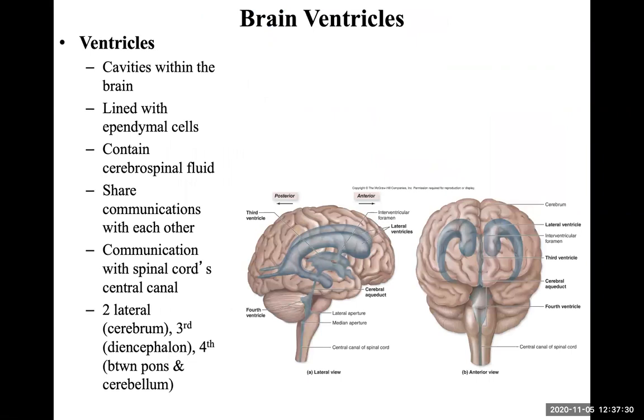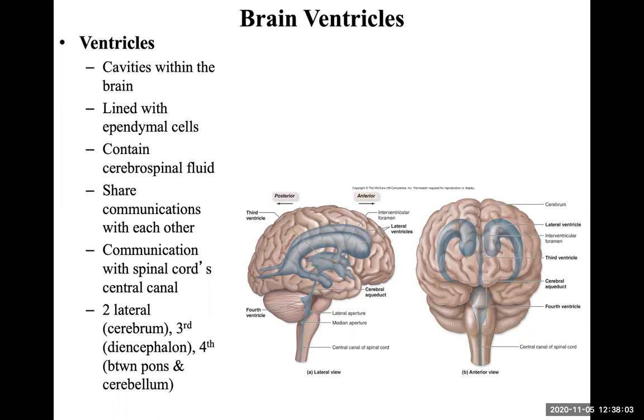Okay, so ventricles within the brain. Ventricles are spaces through which cerebral spinal fluid flows. When we were going over the glial cells, we talked about ependymal cells, which are a type of glial cell for the central nervous system, and how those are cells that line ventricles and are associated with capillaries. We call that association the choroid plexus,